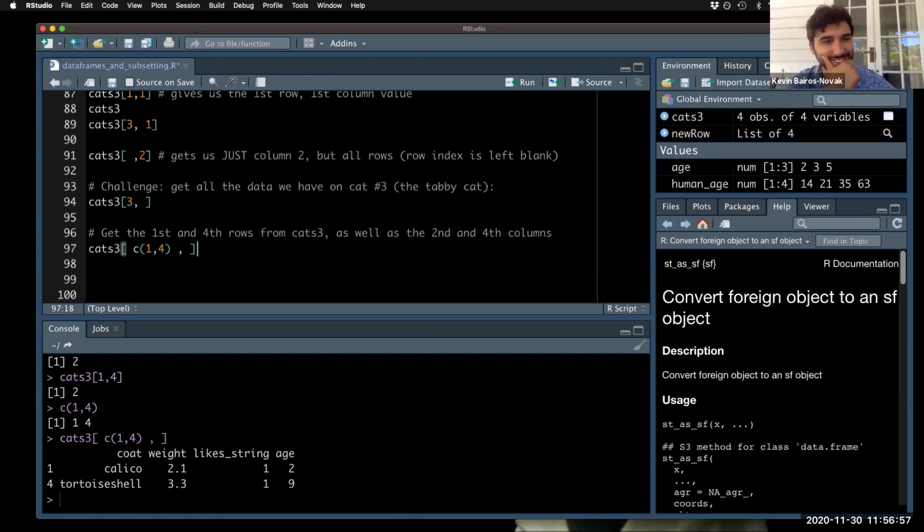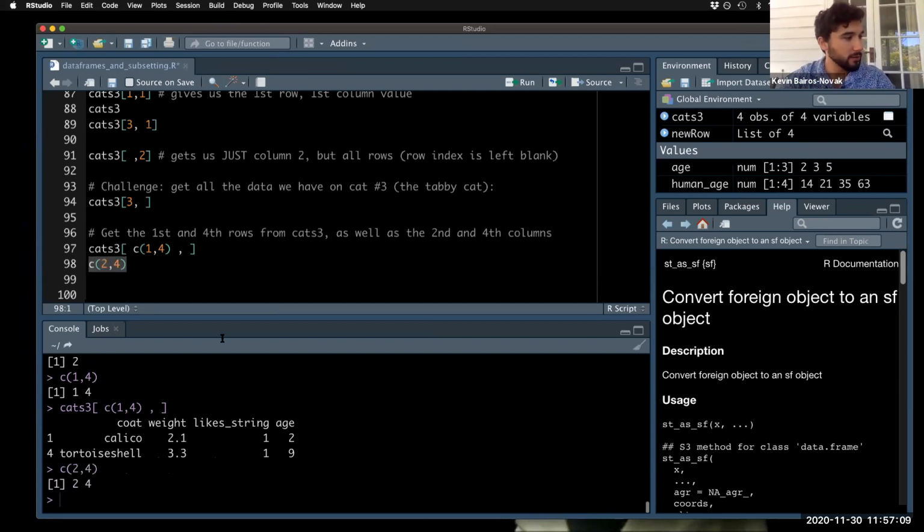Yeah. So that got it right. That's one way to do it for sure. Did anyone else try that? So we just write C, 2 and 4, and that does not do it. No, sorry, that's wrong. C, 2 and 4 by itself does not work. No, that's a good hint though. So if we want the second and fourth columns, right now what we've got,